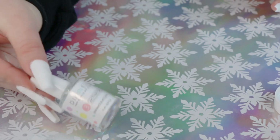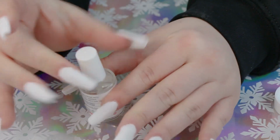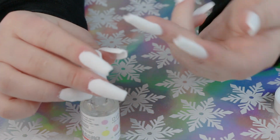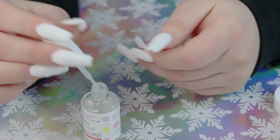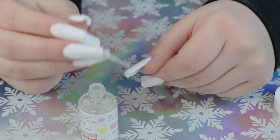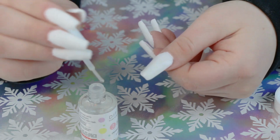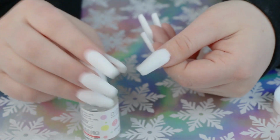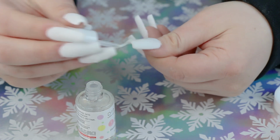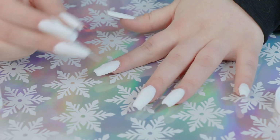So next what you're going to need is the activator. Now this is where I am going to start deviating a bit from what you technically should do. With the activator, you're supposed to put a coat on and then file. I am actually going to put 2 coats. I'm going to put one on, let it dry, and then do another one, just because whenever I did it with just the one coat,